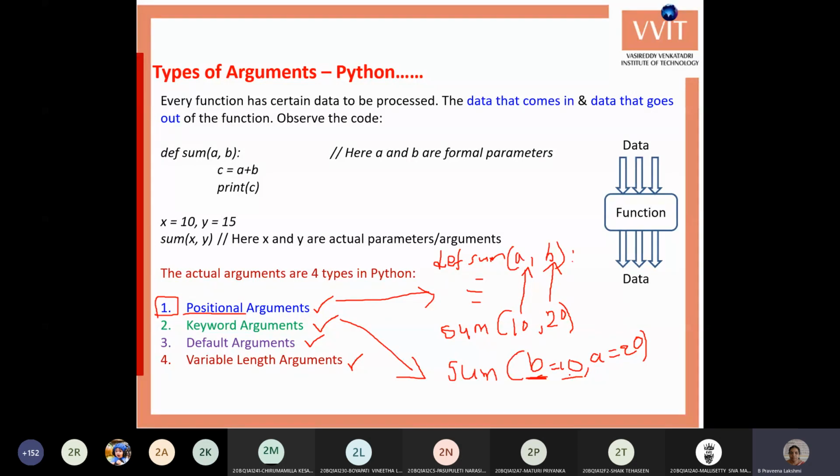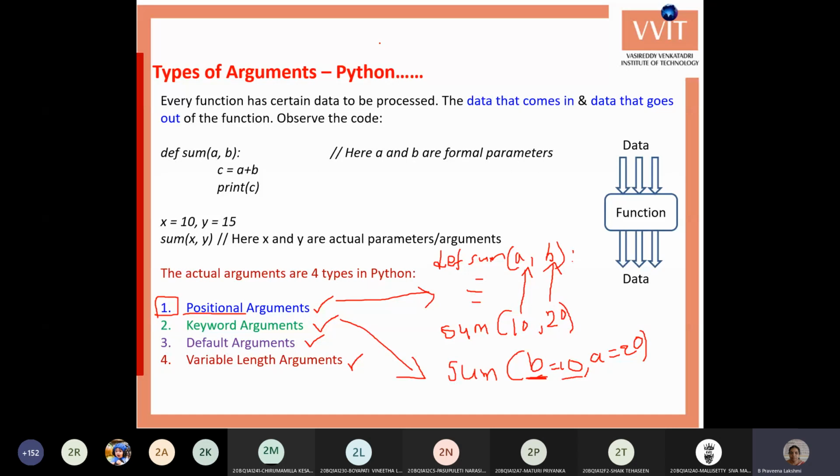We can change the order of the arguments based on our requirement. That we call keyword arguments.